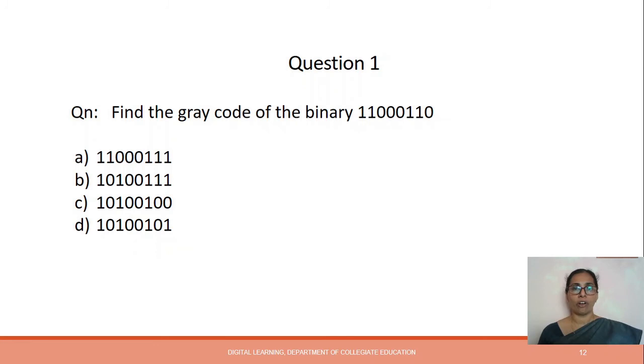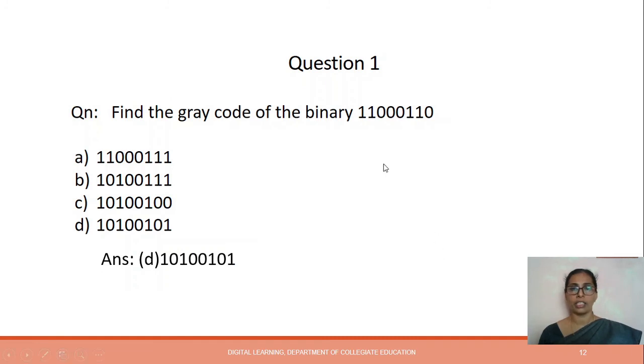Find the gray code of the binary 11000110. Try this by yourself and see the answer. The answer is 10100101.